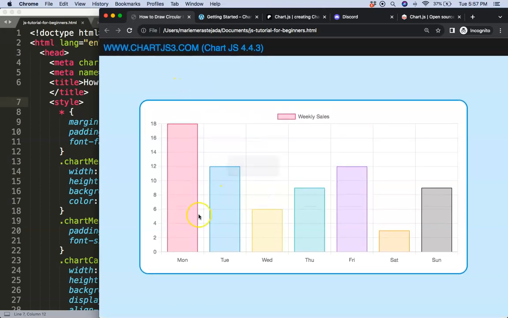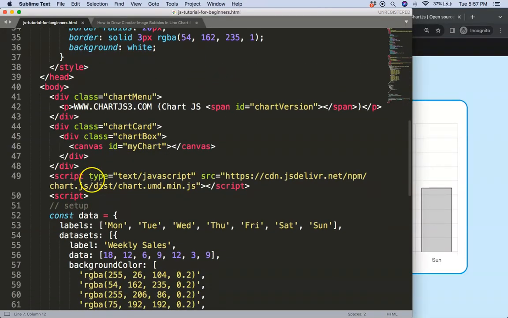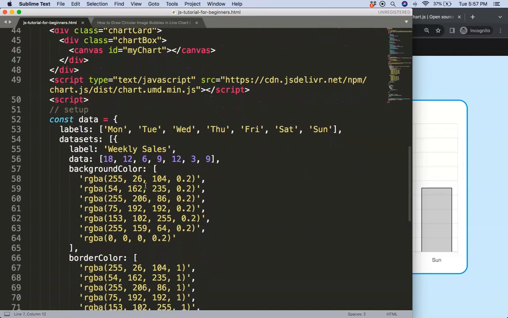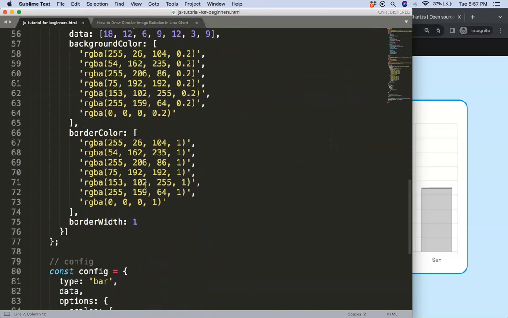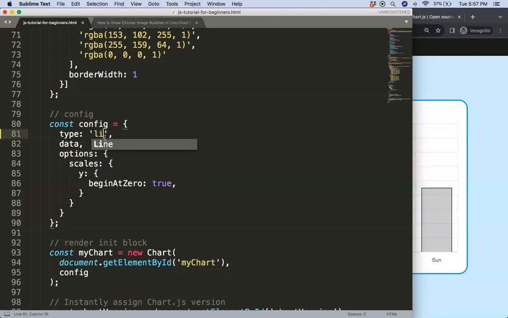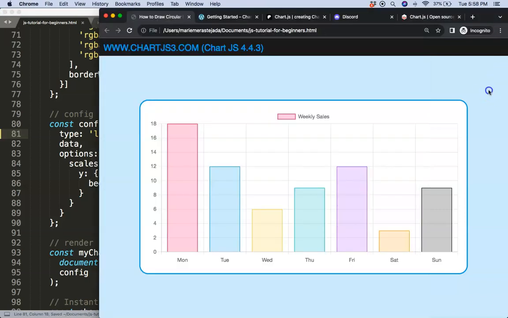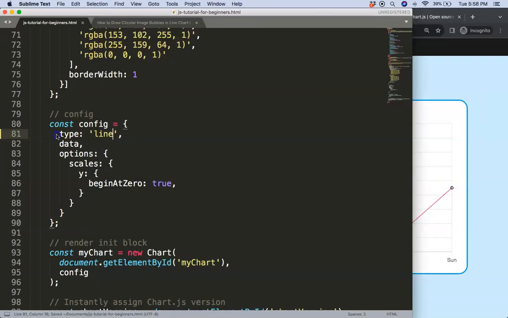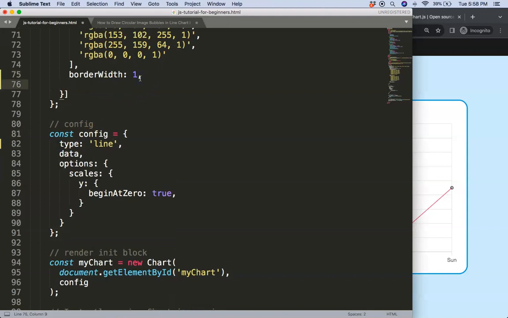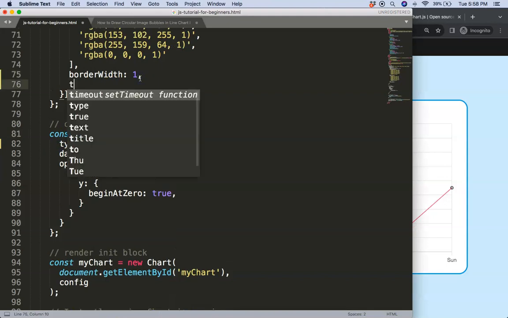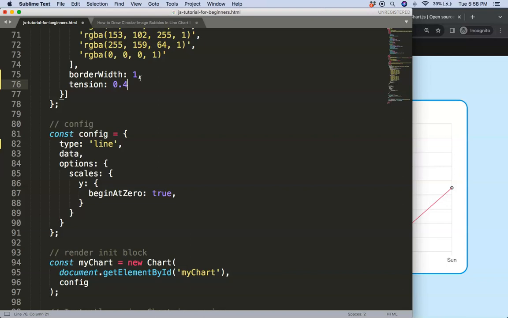So the first thing that we're going to do here is convert this into a line chart, because that was the specific item here for. So we're going to say here, this will be a line chart. Save that, refresh, there we are. Next, we can make that maybe with a curved line, so we can say here tension will be 0.4,